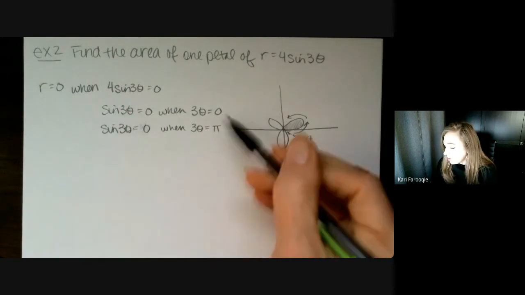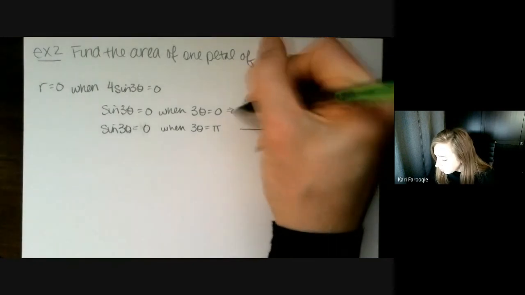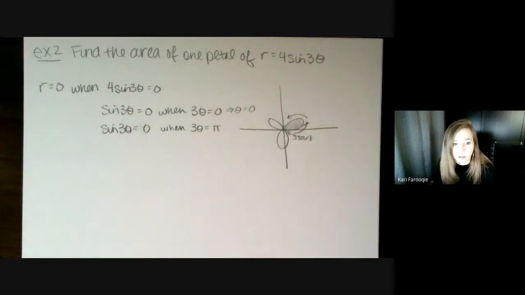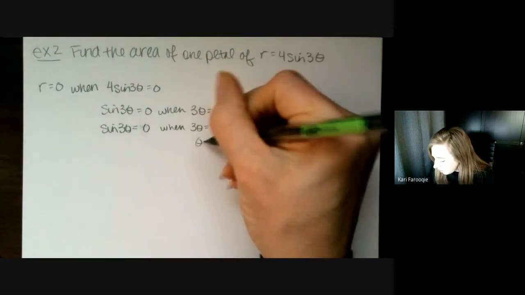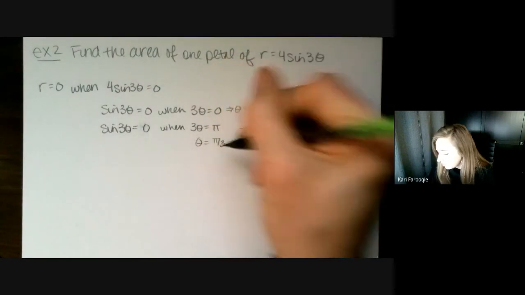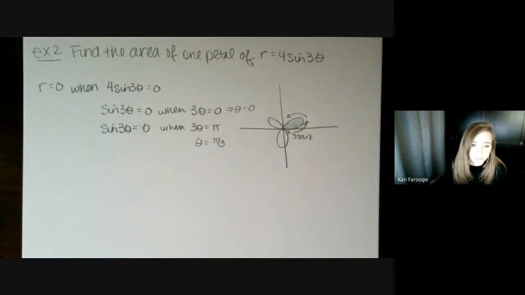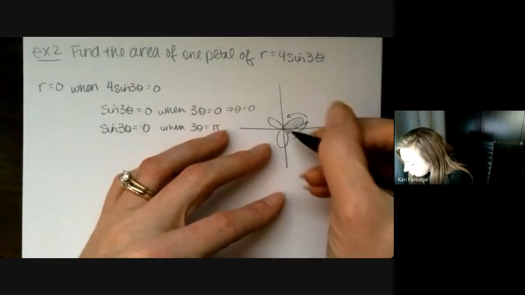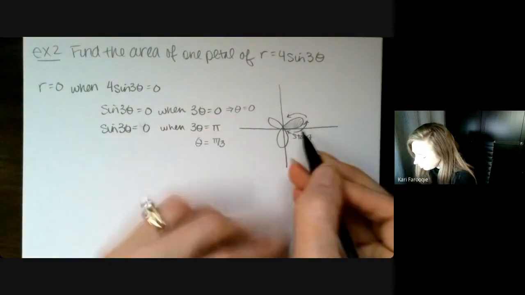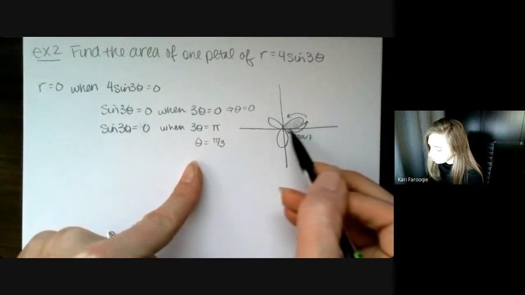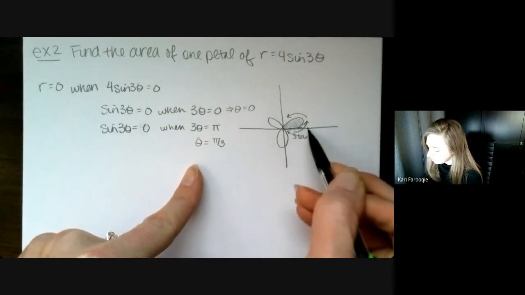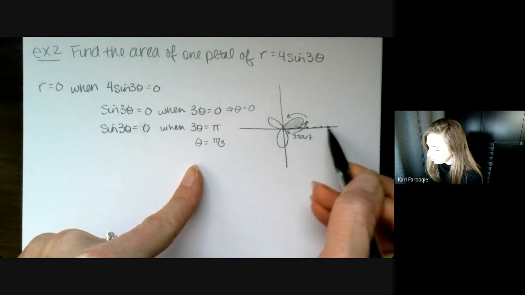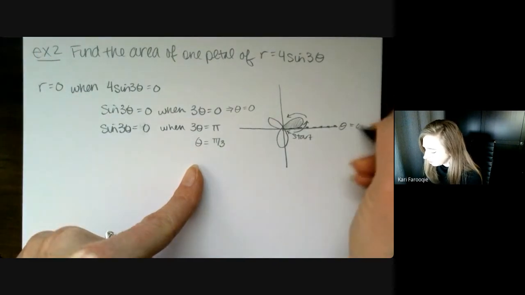All right, so if I want 3 theta to equal 0, then I know that theta would have to be equal to 0. Divide both sides by 3. And if I want 3 theta to equal pi, then theta is going to be equal to pi over 3. Now, it's not necessarily the most obvious thing, and especially the way that I graph this makes it look a little bit shallow, but we actually have just trapped our petal in between theta equals 0